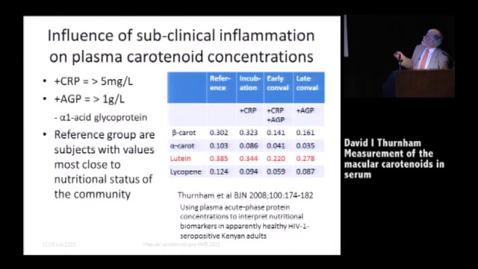In those with a raised CRP, beta-carotene slightly elevated, alpha-carotene depressed, lutein starting to be depressed, lycopene depressed. Where we've got both acute phase proteins, everything is depressed. And where AGP is the only increased acute phase protein, we have some sort of restitution. Things are starting to get better, starting to go up again. Now, why have I divided them like that? Well, it's based on the model of what those acute phase proteins represent in terms of a disease.